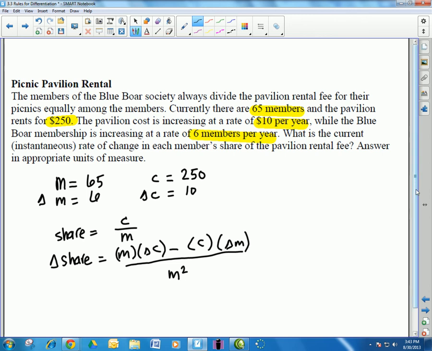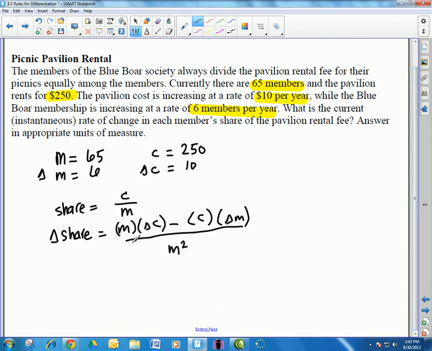Okay? Now, all you have to do is plug in your variables. So delta share, the change in the share fee: members is 65, the change in the cost is 10, the cost is 250, the change in the members is 6 members per year,